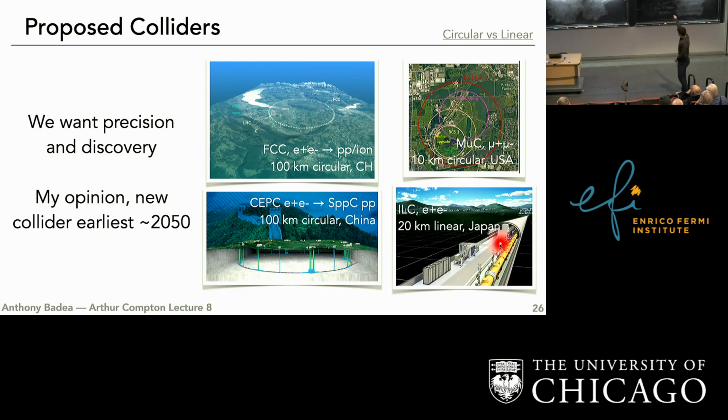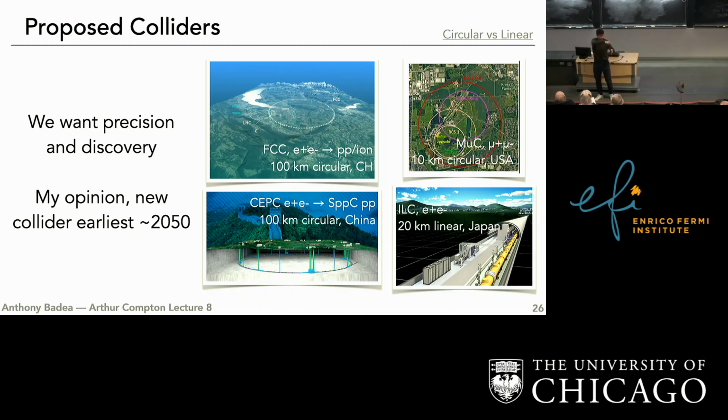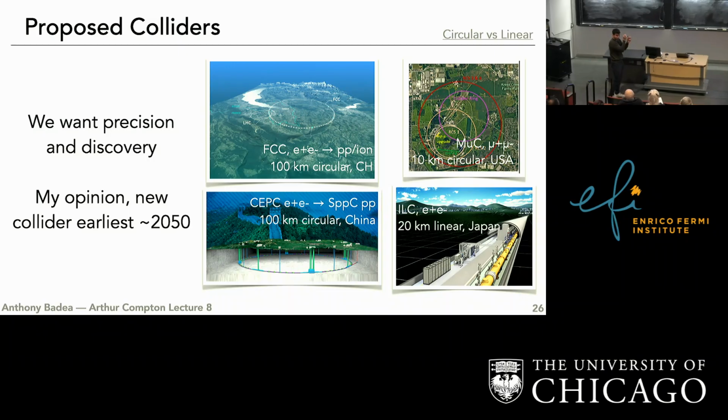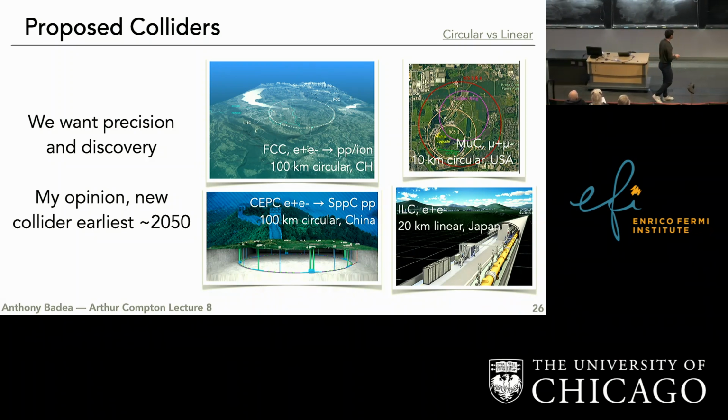And then in Japan, there's a proposal for, instead of a circular collider, a linear collider. So just two beams going like this. The interesting thing with this is that because they don't go in a circle, you don't have the synchrotron radiation from particles moving in a circle. But on the other hand, that means you don't have a ring where you can cycle particles many times so they can get to really high energies. You just have one shot. And that also means you only have one collision point. Whereas at the LHC, you have 4 collision points, 4 different dedicated experiments for different things. Here you would only have one.